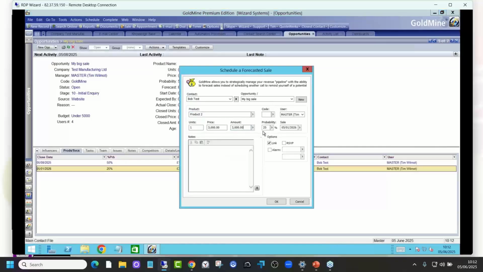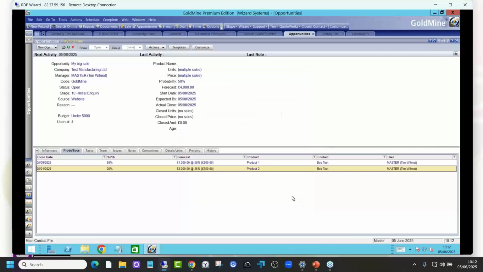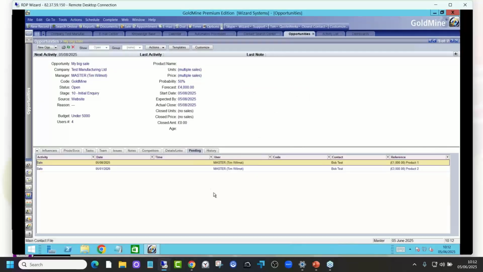This is for 3,000, 25% probability, different forecast sell date, and so on. So a really good way of tracking the individual sales against that big opportunity. You do have some other tabs here that may be of use to you, particularly where you're involved in large account selling, or you're using the Miller-Hyman principle of selling large value